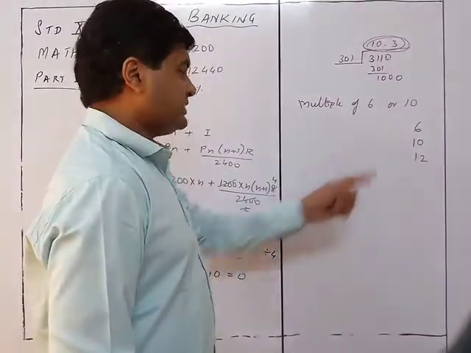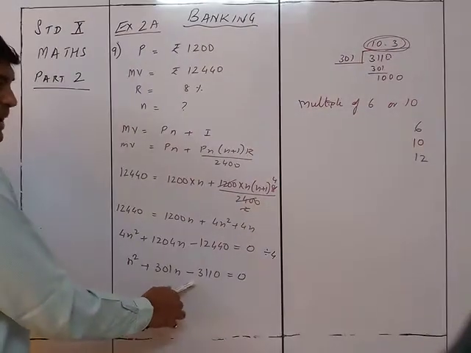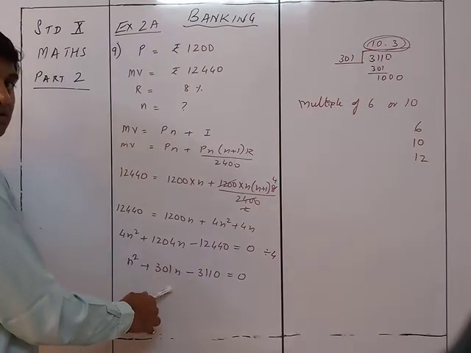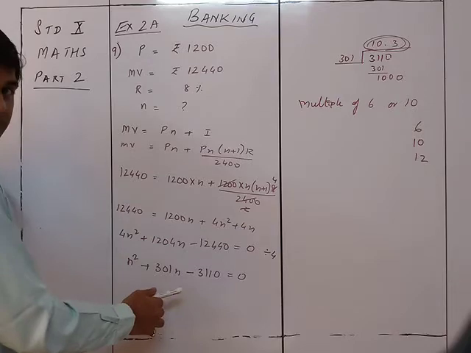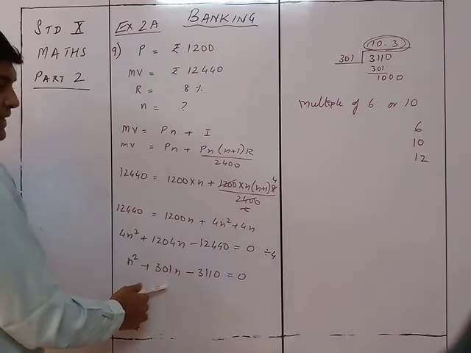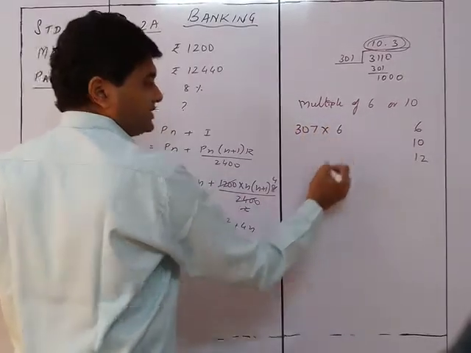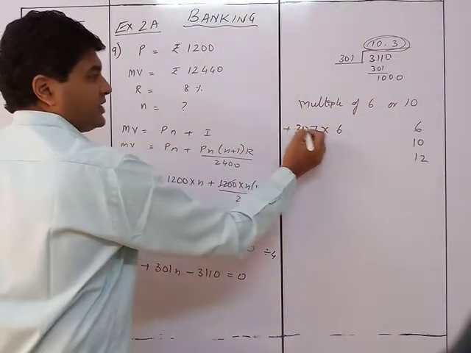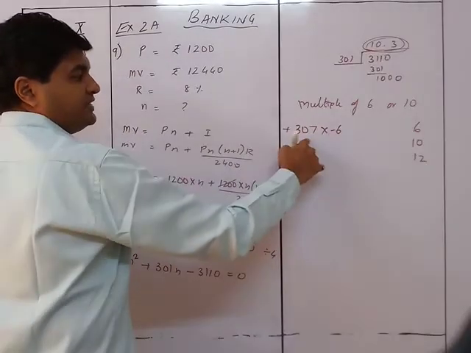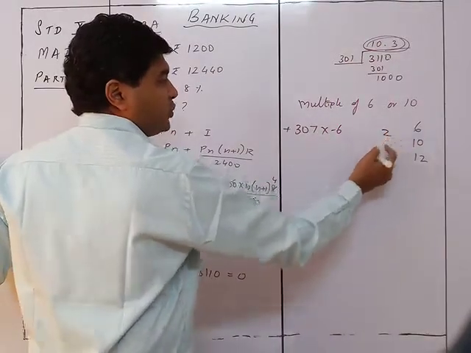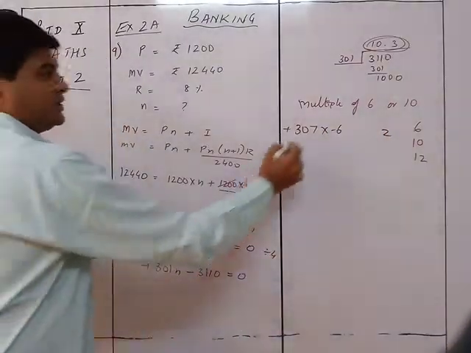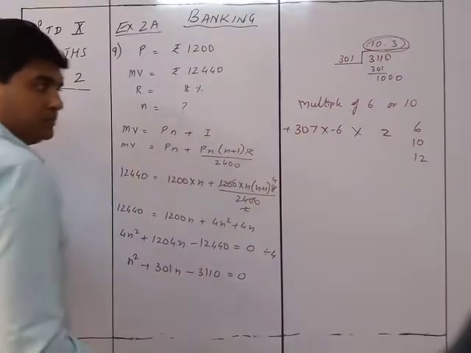If I assume 6, because there is a minus over here, there is one bigger number and one smaller number, so only then it will be minus. So if I take this number, then the numbers could be 307 into 6. So it's plus 07 and minus. 7 sixes are 42, so in the last I will get 2, but here there is 0. So that's why this is not going to work.